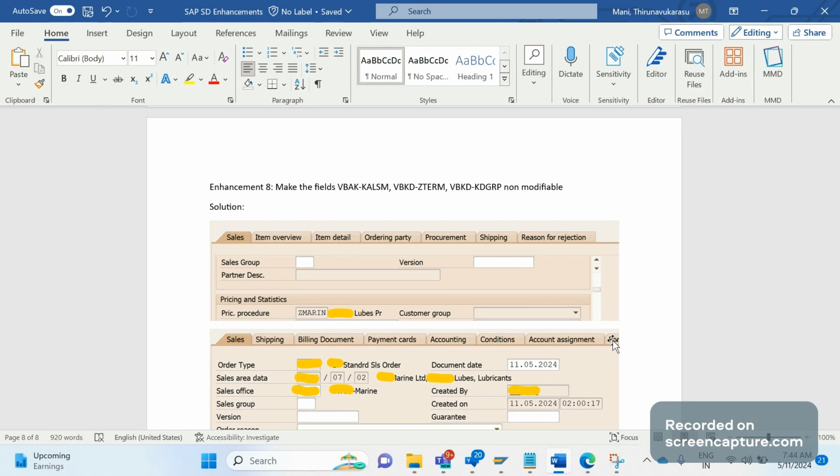We'll go through one of the client requirements today under the playlist SAP SD Enhancements. There is a request from business: they don't want to edit a few fields in either VA01 or VA02. We know that VA01 and VA02 are editable screens, and all the fields are editable. But business is saying that for a few fields, in my case the pricing procedure, payment term, and customer group,